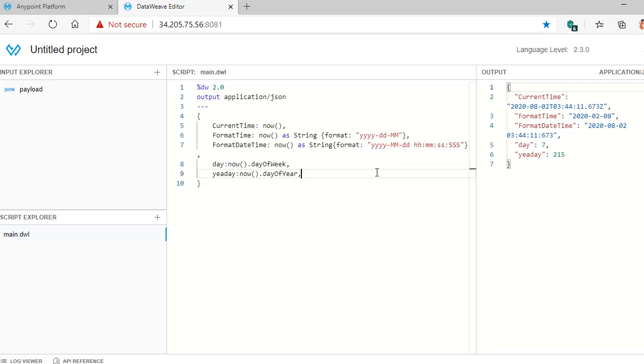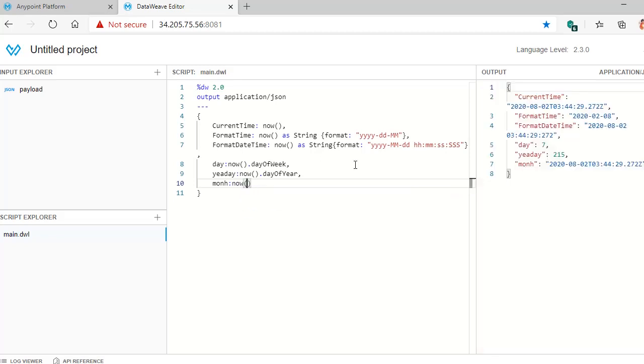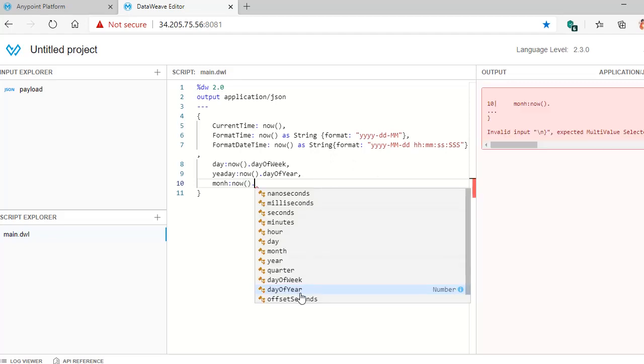Okay, likewise, if you just place now dot, see, these are the different operations and values you will get by using this now function. You can just dot and tab space. It will show you what are the available options to get seconds, minutes, or hour, day with specific details you would like to get. Nanoseconds, milliseconds, like that.